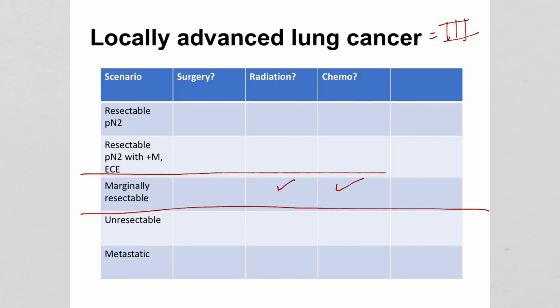Sensitizing dose is basically a lower dose of chemotherapy to help the radiation work better. And typically we give this first. The idea is to try to shrink the tumor a little bit so that surgery can be performed. There's also some paradigms for the use of chemotherapy and radiation, either instead of this approach, or if surgery is